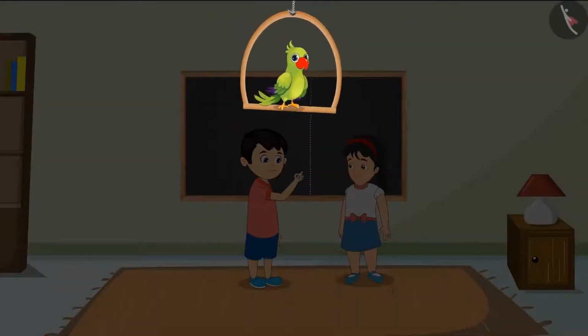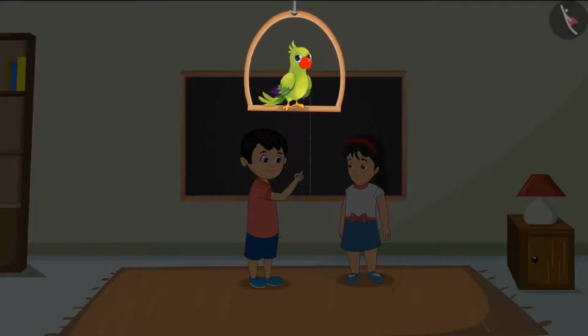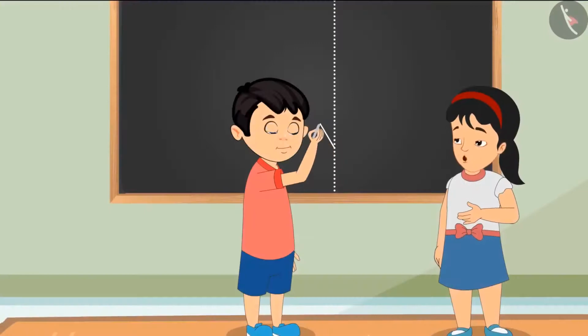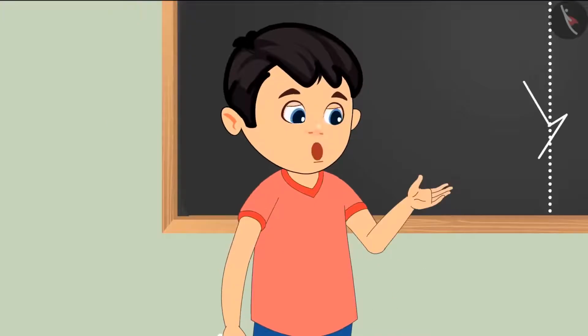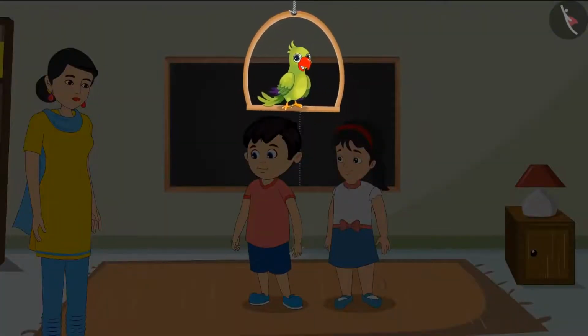Today Chotu and Pinky's mother has brought a new blackboard for them. They are both making something with chalk on the blackboard, and Pinky said to Chotu, Chotu, you can't make anything here. This is my space. No, Pinky, you have plenty of space. I will make it here. Seeing Chotu and Pinky arguing, their mother comes there.